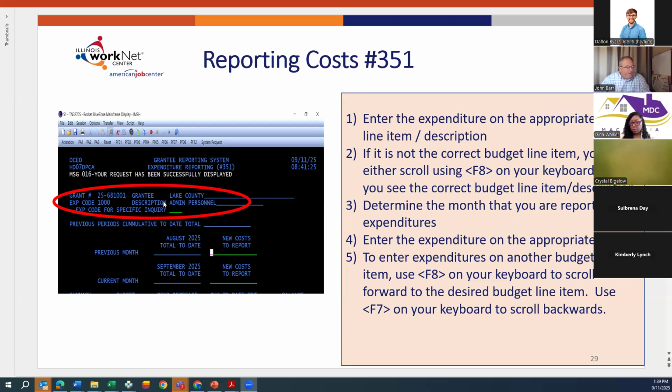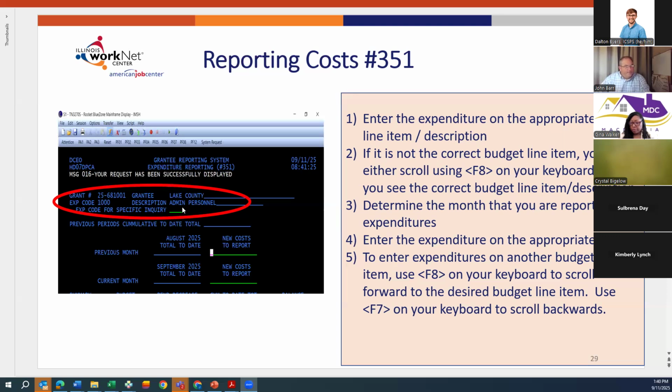And now it's actually, I think, a little bit better, where you can see the actual budget line item. The budget expenditure codes and line items should follow the order of your budget in your grant agreement, but sometimes there are some glitches where it doesn't. So just keep an eye out to make sure that you're entering the costs on the correct